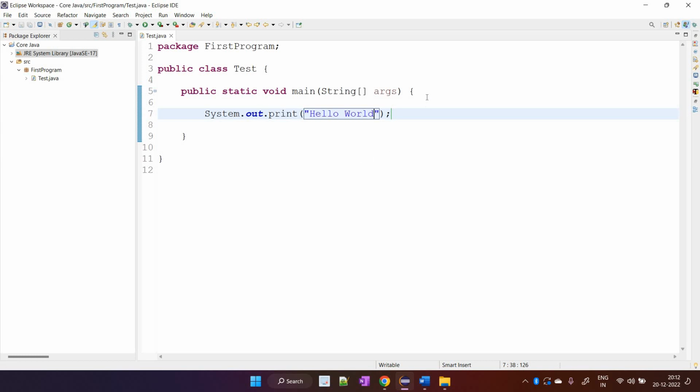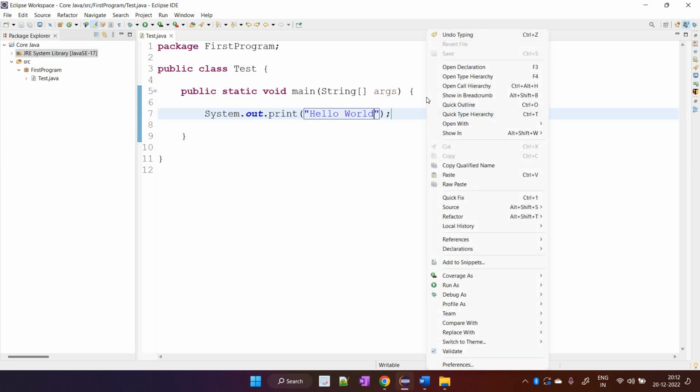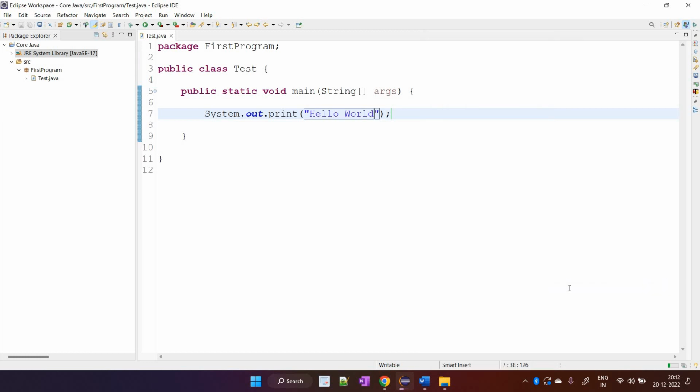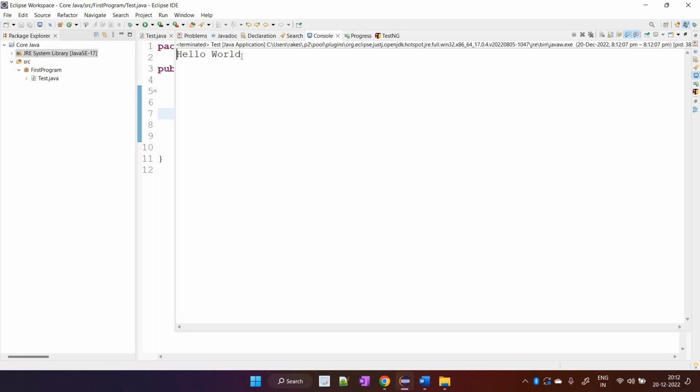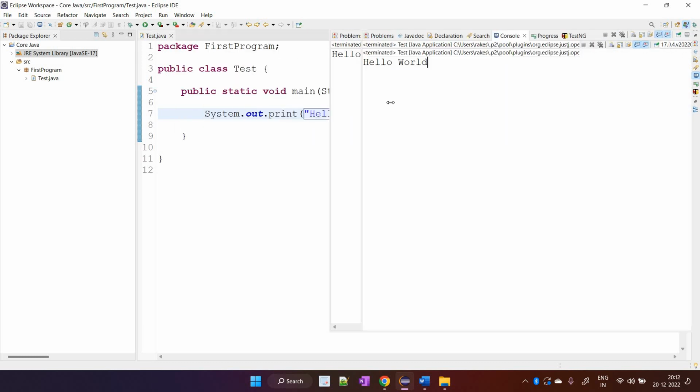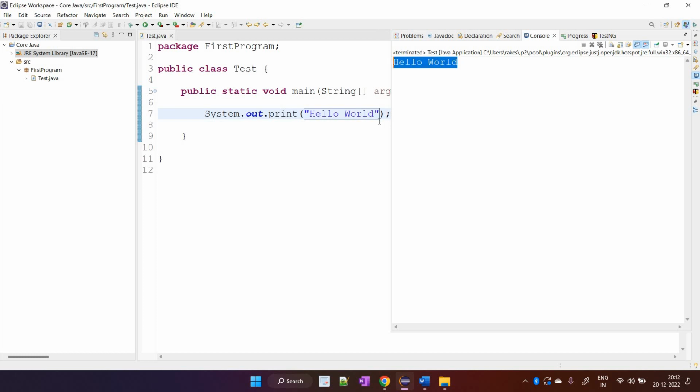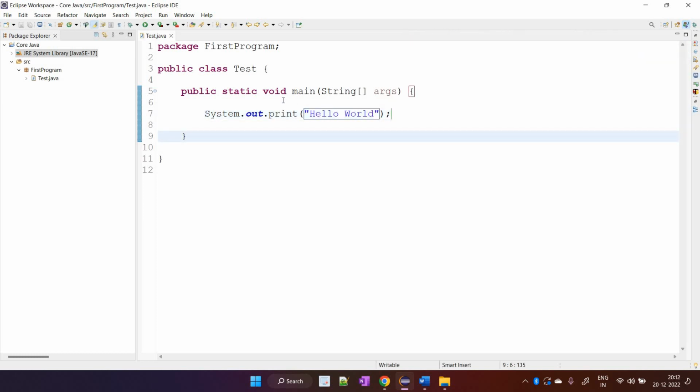First I need to save it, and then I will do a right click over here and run as Java application, and here I am able to see on the console that hello world is shown. Now this is a very simple program that you are doing, but let us understand what would be the result of this. System.out,